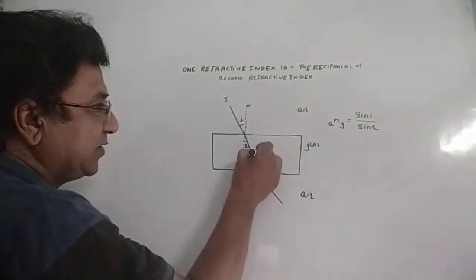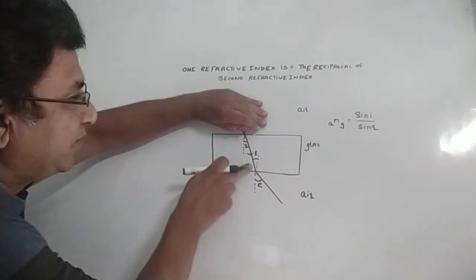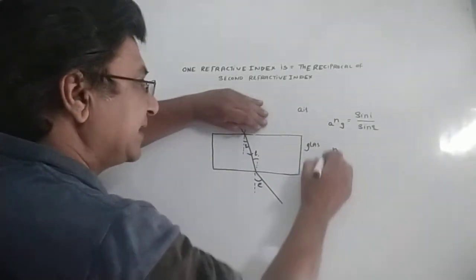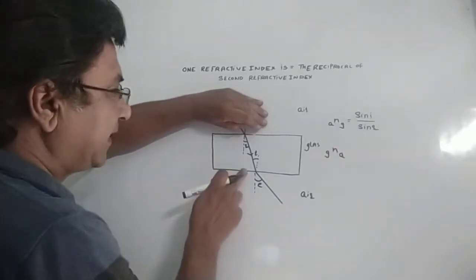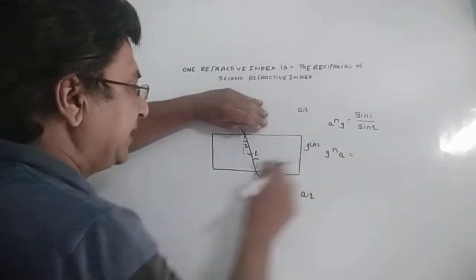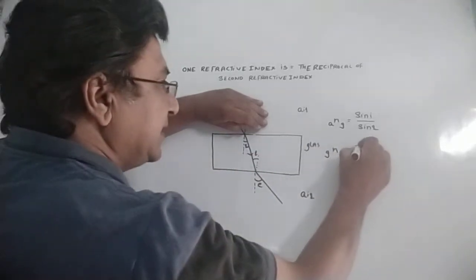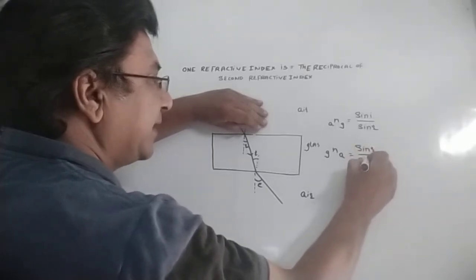Why? Because they are equal, because they are alternate angles. So when the ray is moving from glass to air, the refractive index from glass to air will be equal to, with this angle equal to R,